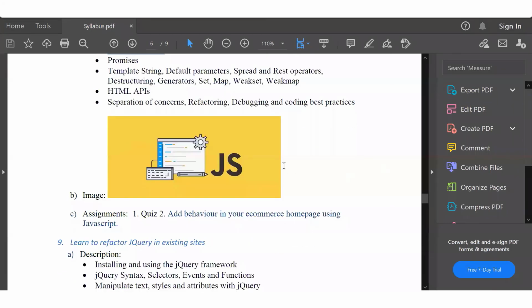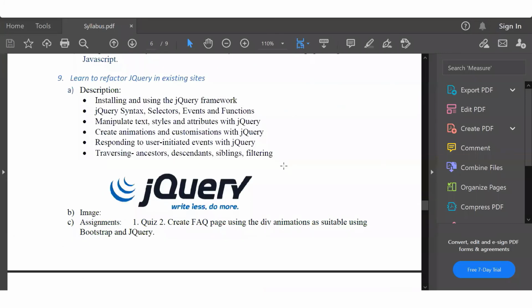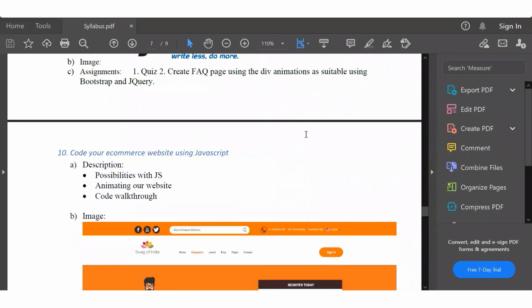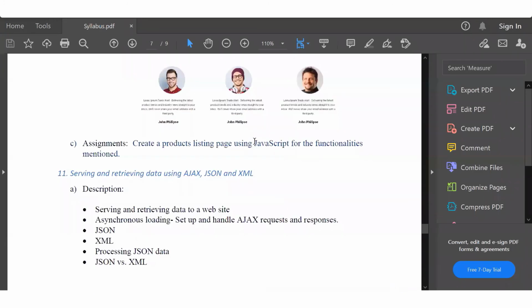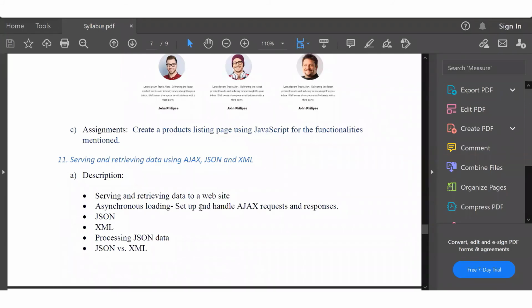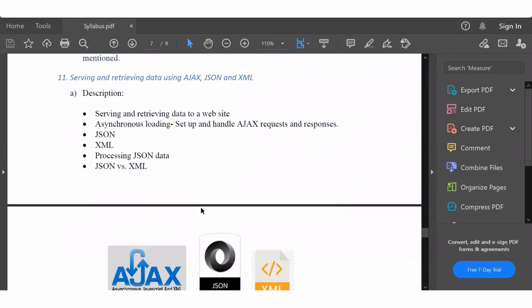We also cover a popular library of JavaScript, which is jQuery, and we complete the website behavior with JavaScript. We also see JSON. JSON is something which I have noted for you, that this is JavaScript Object Notation. This is used to send data and receive data to the server and from the server. So how do we do that? All of that we see in this particular course.